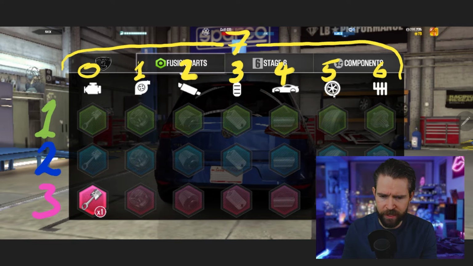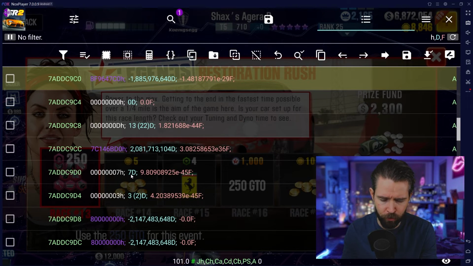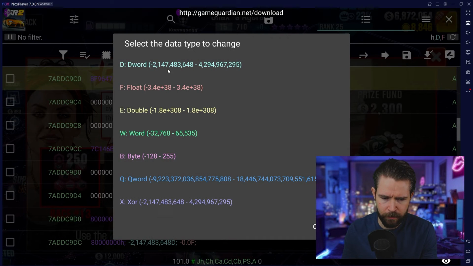So if you type that in with a 7, you would get any one of these parts with a 1 and a 7. So let me just go back, 7 there. If I jump back over to the race in GameGuardian, just above you'll see 7 there. So that 7 is the 7 we would change on this section here. So 7 encompasses all these fusion parts. So if I was to change that 7 over here in GameGuardian to a 0,